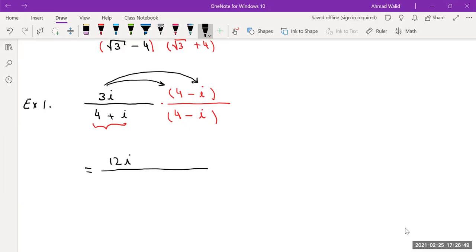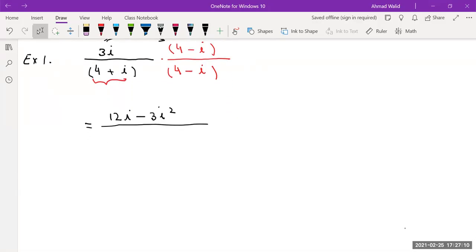Positive times negative gives you negative. 3i times i gives you 3i squared. Again, if you don't remember your conjugate formula, your problem will be much longer. But if you remember the easy way that I explained,